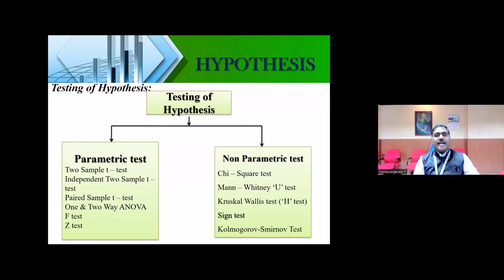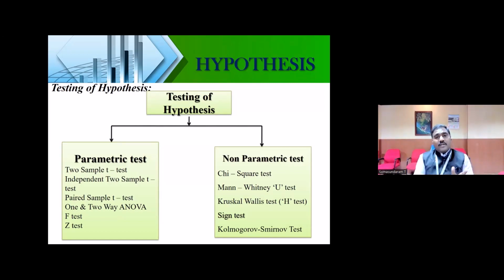And the next thing is hypothesis. So you already know what is called a parametric test and what is called a non-parametric test. So you will be framing a hypothesis to prove your research. Right? Suppose after collecting the data, after feeding all the data in SPSS, you want to test whether normality is there or not. So you have to go for a Kolmogorov-Smirnov test to test the normality. If normality is there, you can use the parametric tests. If normality is not there, you can use a non-parametric test.